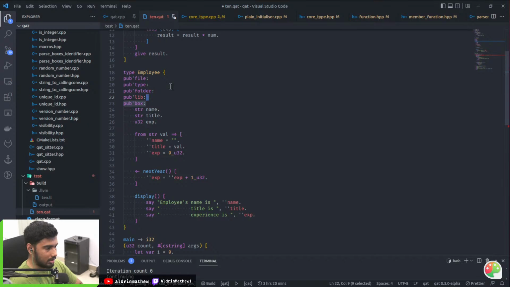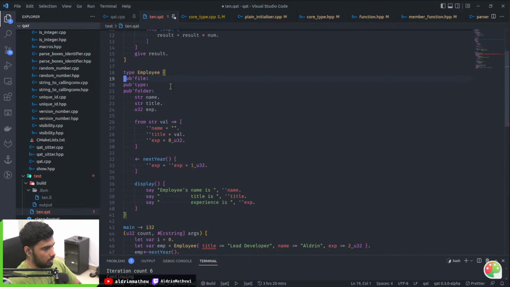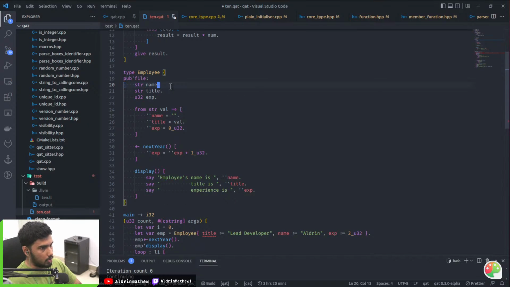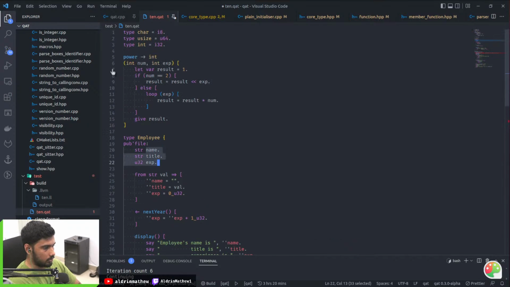Both box and lib mean the same thing somewhat, but box is more restrictive, as it chooses the closest parent. All right then. So now if I do file, that means that all these fields are accessible for the entire file, this entire file 10.cat.